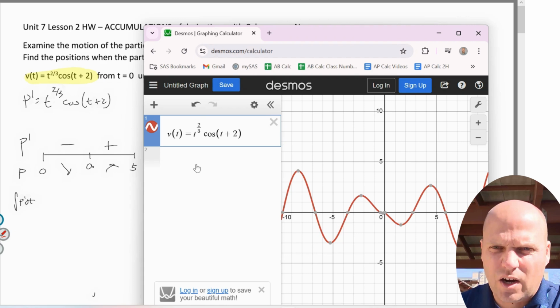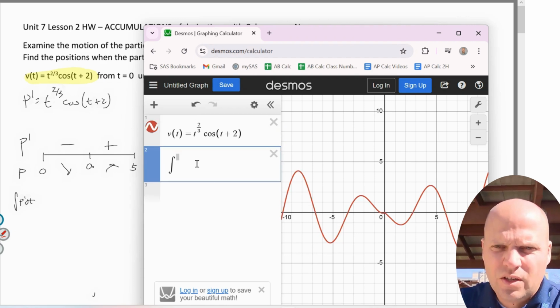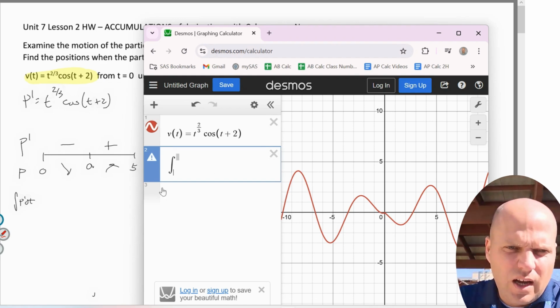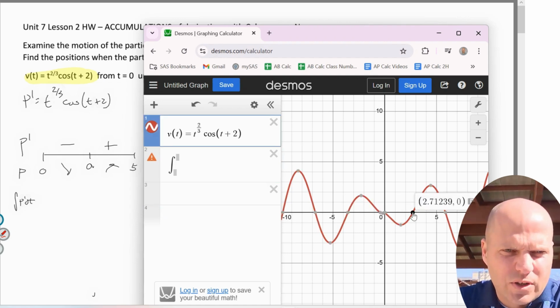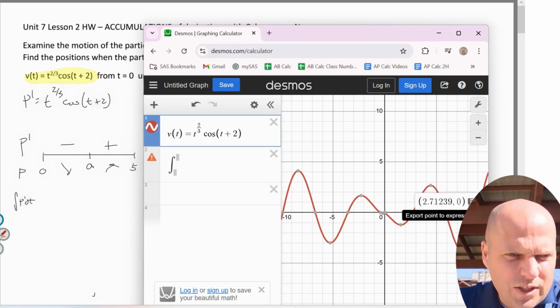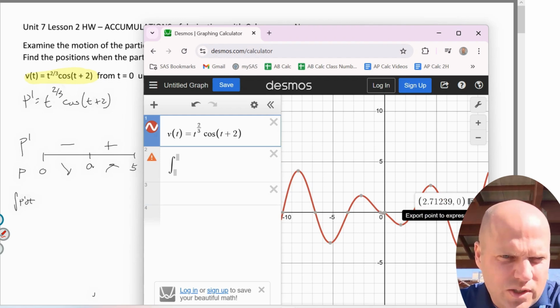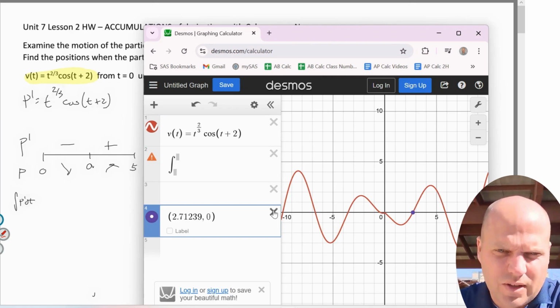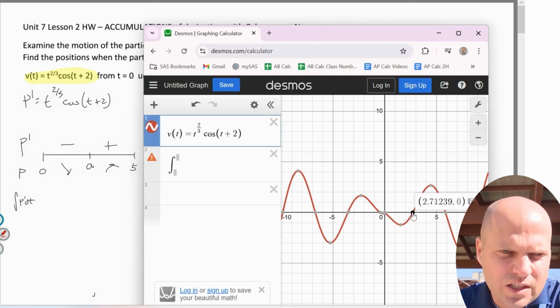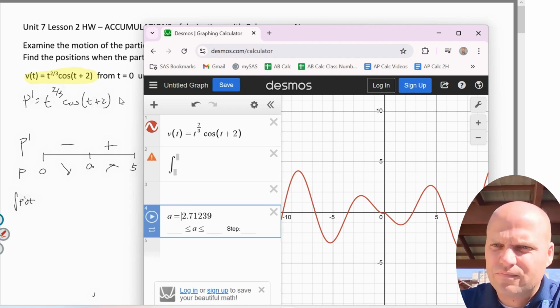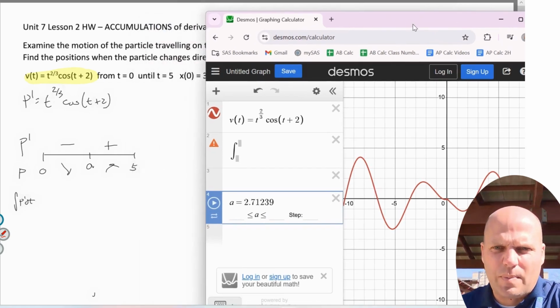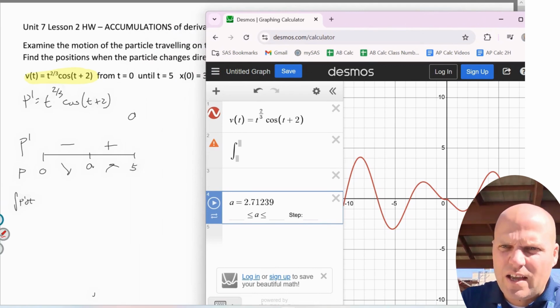So we will break out our friend, the integral. The integral is the calculator's way of accumulating. And we'll need to find this value A. How we do it is we click on it, we press this button here. It exports the point to the expression list. Let me do that again. You click on this, you export it, and I'm just going to go ahead and say this is A. A equals that. I got to write it down somewhere on my paper. That way I have it. So I have A equals